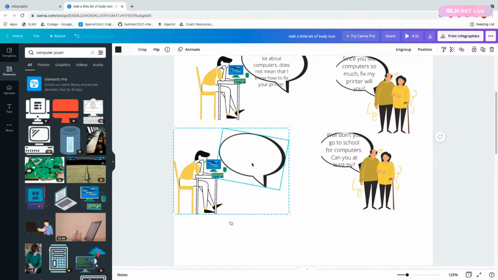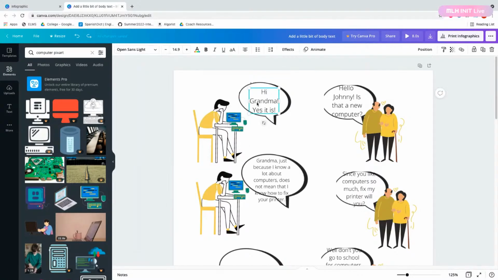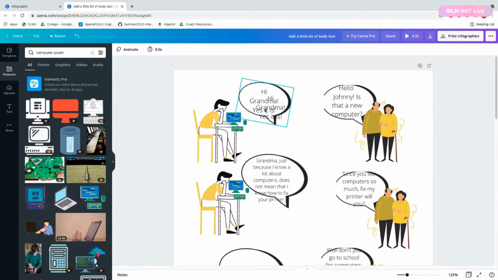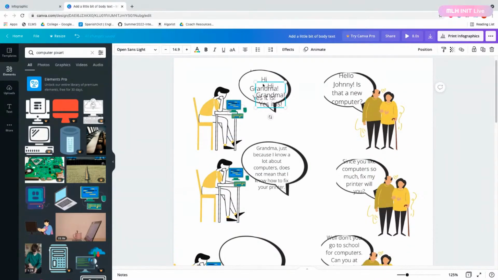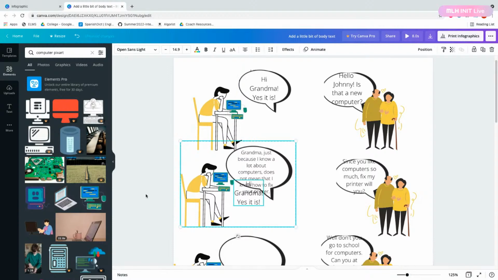All right. And then for this text, it's one of the most frustrating tools ever.